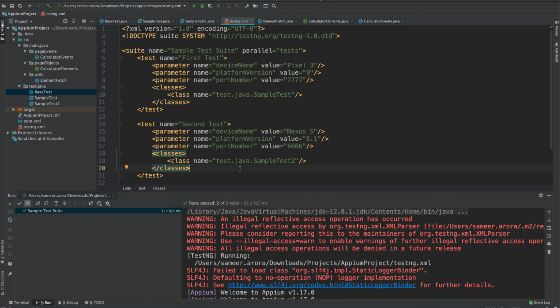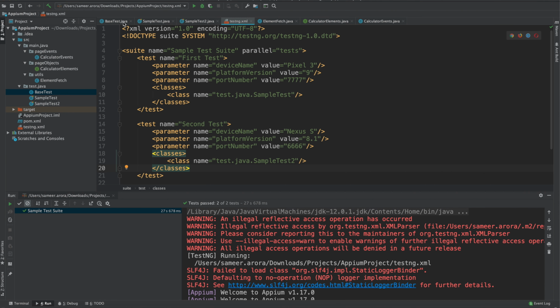So similarly, you can execute your code parallelly and you can divide the load into 2 halves. First half you can put in this particular classes tag and the second half you can put in this particular classes tag, because the test tags are getting executed parallelly. So when you're now executing the code, both the test tags will be executed parallelly and the execution time will be divided by 2. And now comes the question: what if you want to run your script parallelly on both Android as well as iOS device? So that is also really very simple.